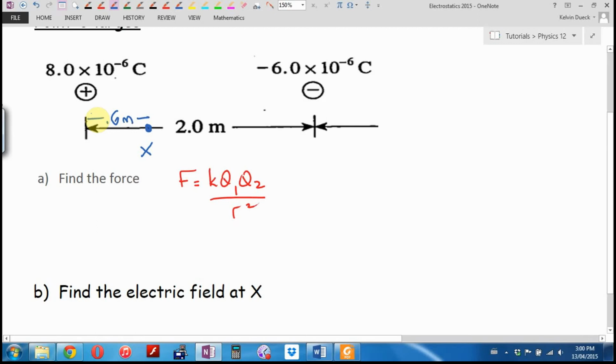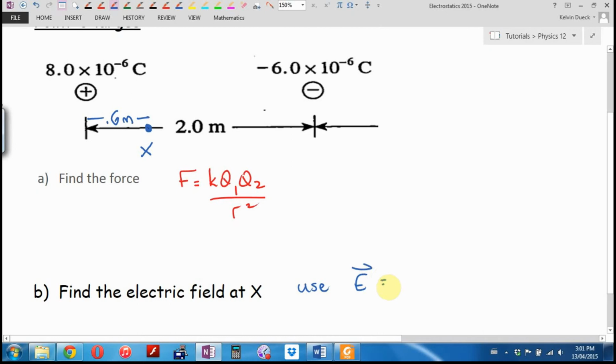Asking you to find the electric field at location X. Totally fair game. How would I do that? We had this fancy thing that we called the principle of superposition, which meant you only do one at a time. First of all, for electric field, it's point charges, so I'm going to use